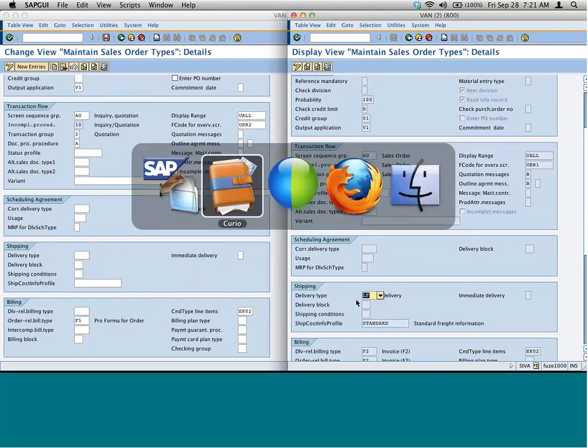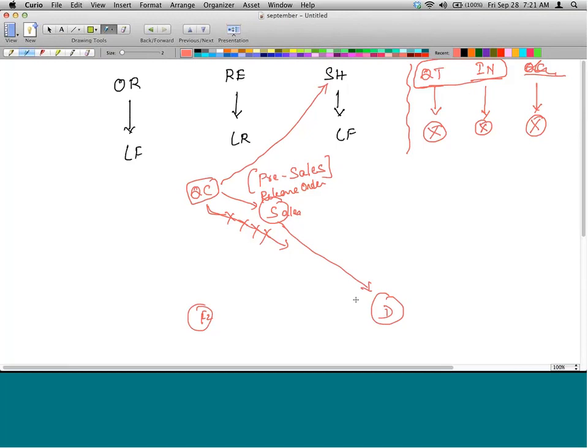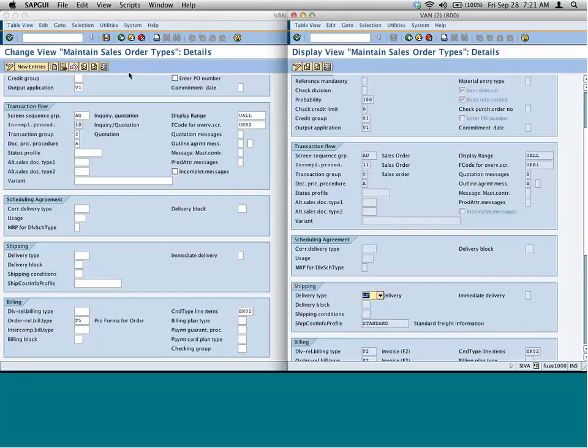So a thumb rule for you guys is, if you don't know systematically whether you can create a delivery with respect to a quotation, or an inquiry, or a scheduling agreement or contract, the easiest way to find out is take that document, go to sales document configuration, go to the shipping section, and look at the delivery type. Is there a delivery type mentioned? If the answer is yes, then you can create a delivery with respect to this particular sales document.